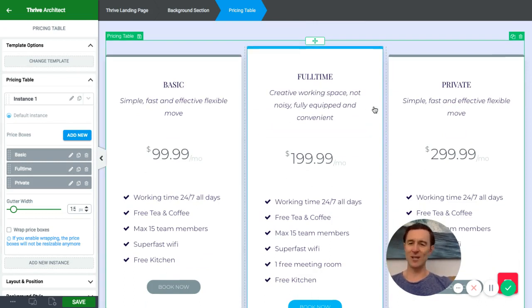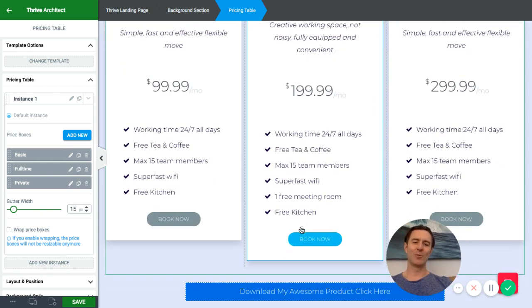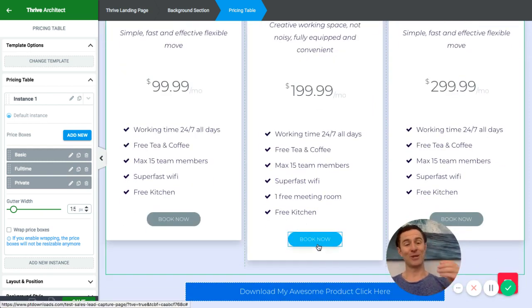You can have 1, 2, or 3, or more if you want. And you can add all of your services and products with buttons at the bottom. Again, when the customer clicks to buy the button, it's going to take them to another page which you've created, which is your sales page, or it can take them to an external checkout, whether you use PayPal or Stripe, and we can help you do that. Or if you use your product